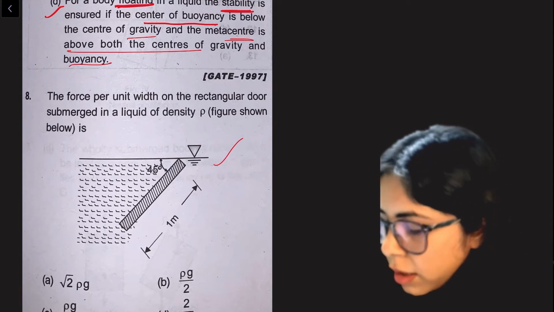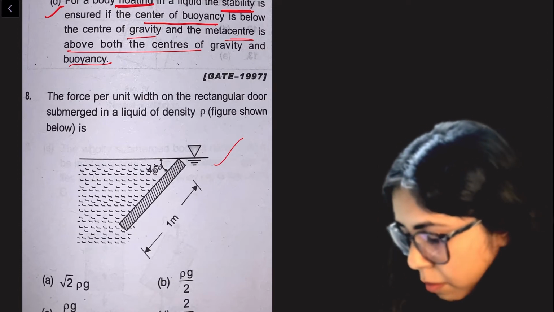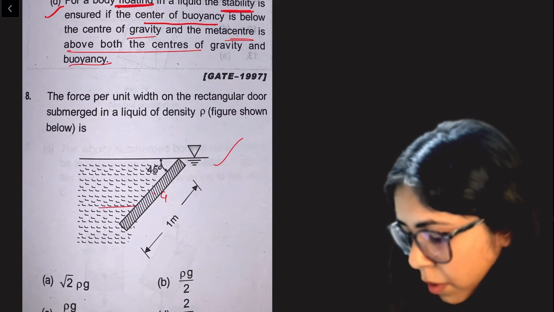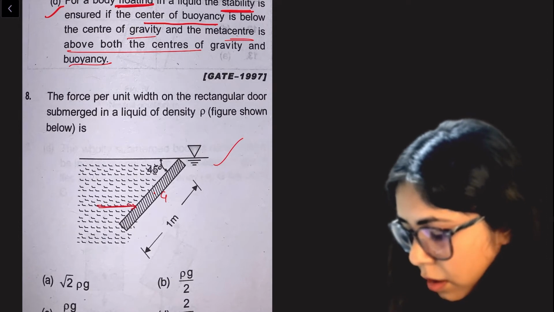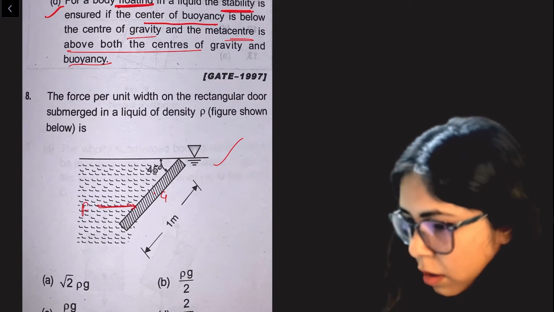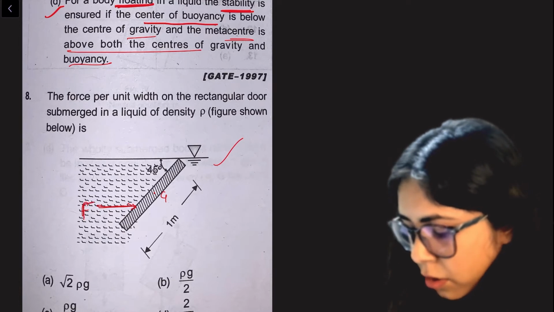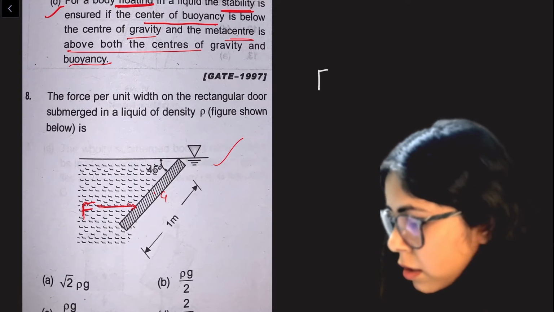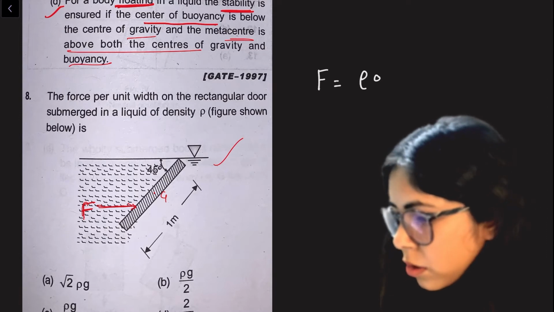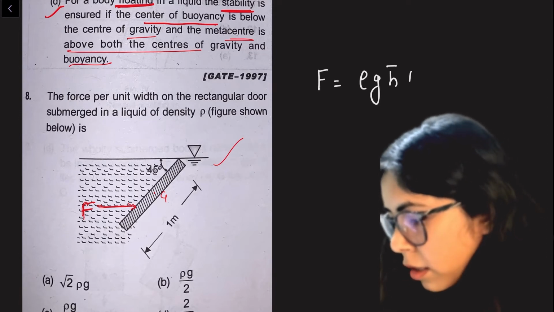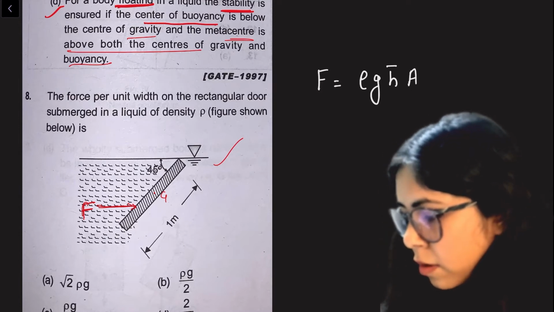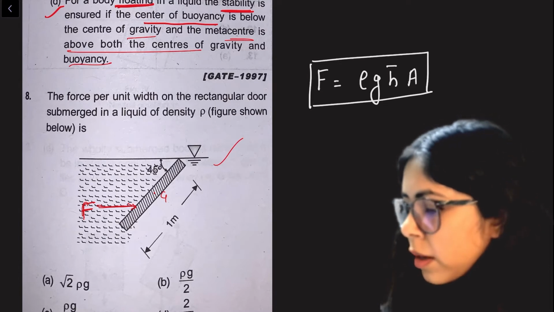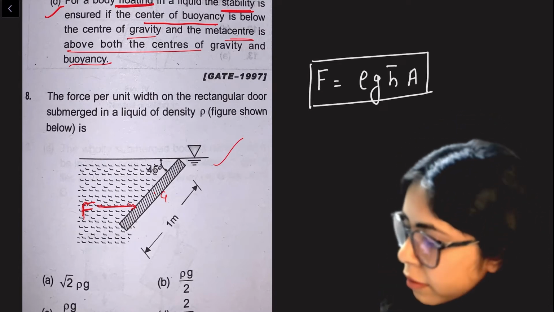So the force will be acting somewhere. See, the CG is here. The force on the body will be acting somewhere here. Let's say this is the hydrostatic force, I am calling it F. This hydrostatic force is rho g h bar into A. This is the formula for hydrostatic force. Now if I put the values,